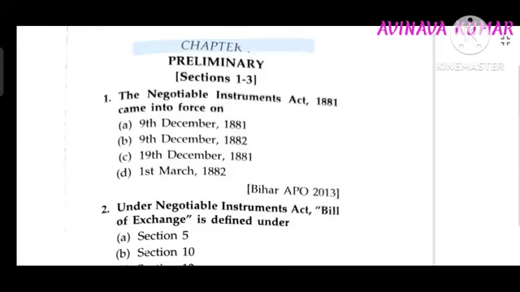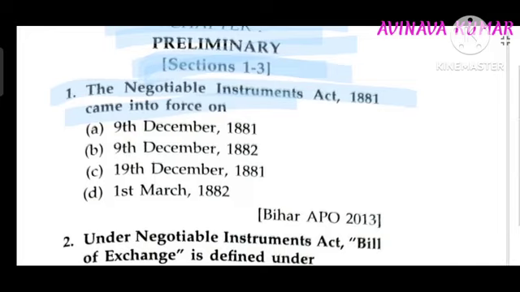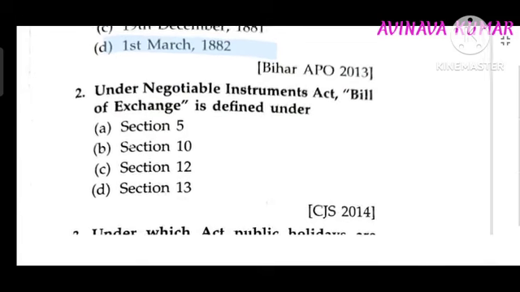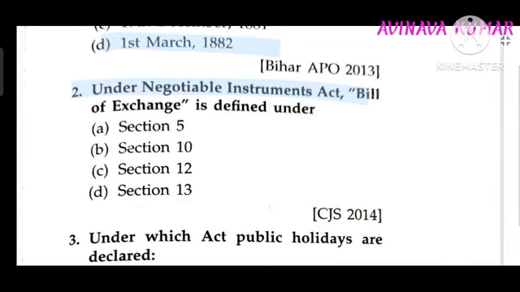Chapter 1 Preliminary Section. Preliminary Section 1 to 3. Negotiable Instrument Act 1881 came into force on 1st March 1882. Under Negotiable Instrument Act, Bill of Exchange is defined under Section 5,